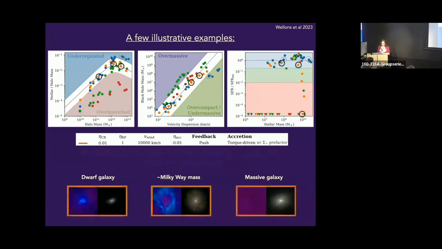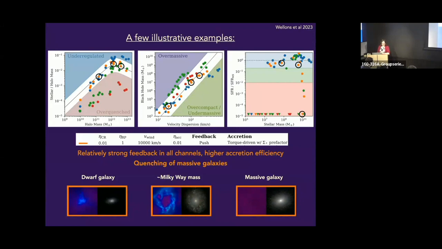If we move to the orange model here, we're cooking with gas now. We have managed to quench the massive galaxy, move it down onto the stellar mass halo mass relation, and the other two look more or less undamaged. So that's good. Well, I mean, the Milky Way's got a hole in it, but that's okay. And this one also has pretty strong feedback, relatively strong. The main difference between this and the previous one is that it has a higher accretion efficiency compared to the other one. And we managed to quench massive galaxies.